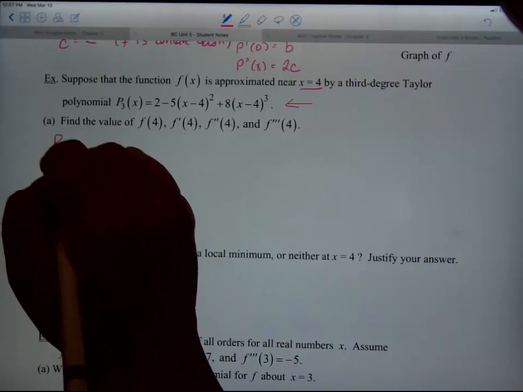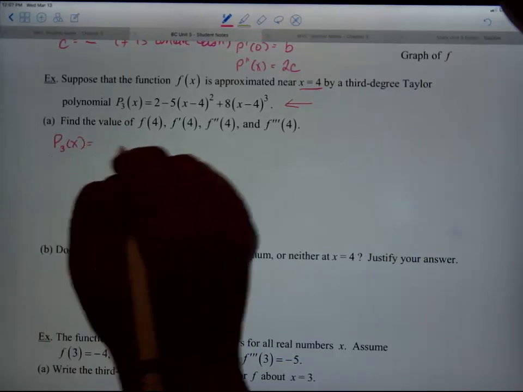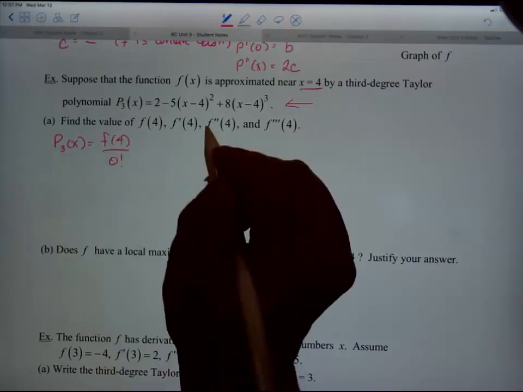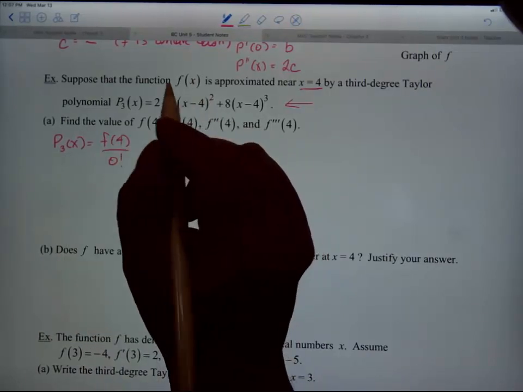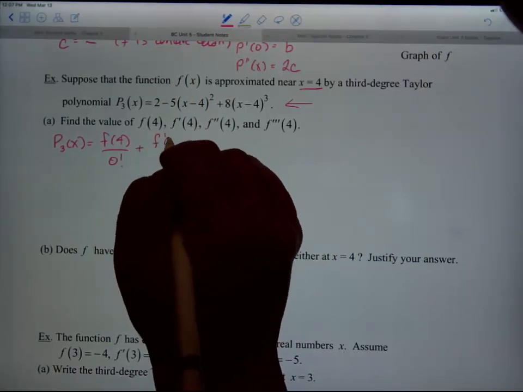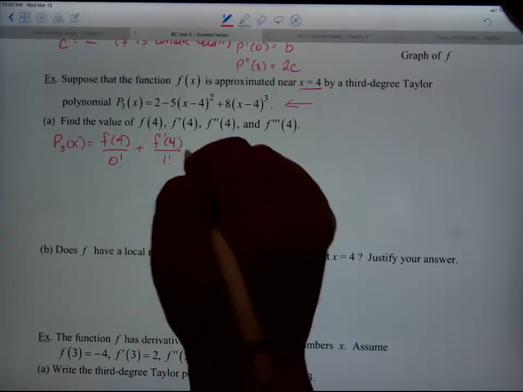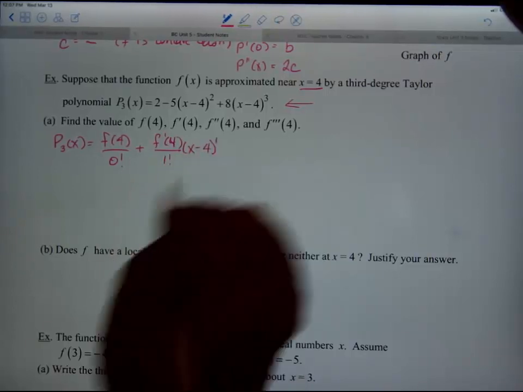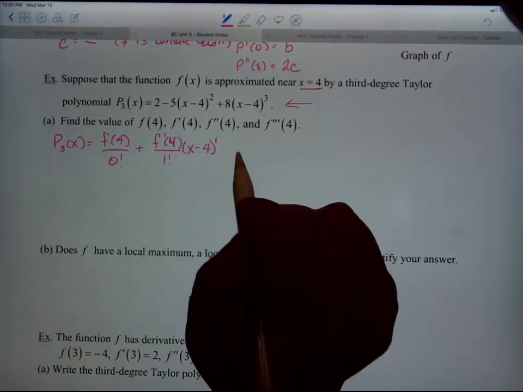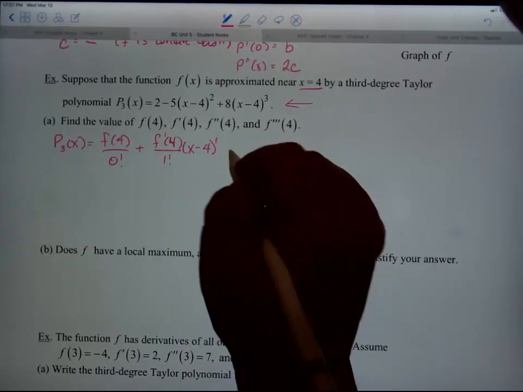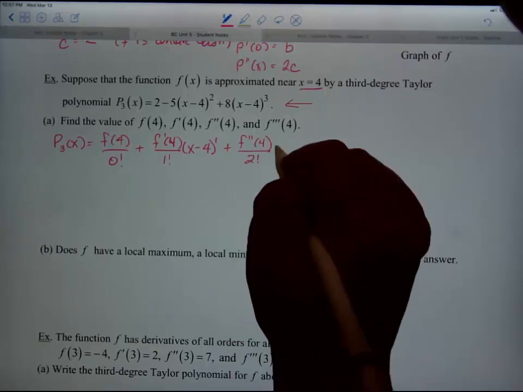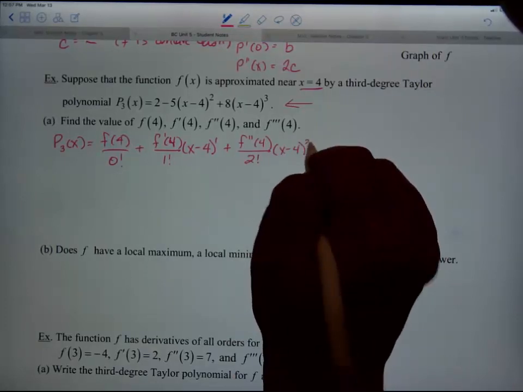So we're going to put P3 of x equals f of 4 over 0 factorial. Isn't that the first term? F of c, and there's no x on it. Then f prime of 4 over 1 factorial, x minus 4 to the first. Remember that the derivative number, the factorial number, and the power on x are all the same number. Plus f double prime of 4 over 2 factorial, x minus 4 squared,